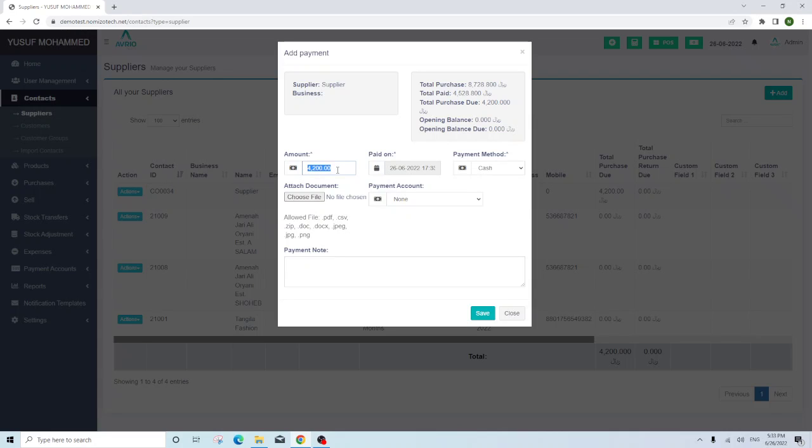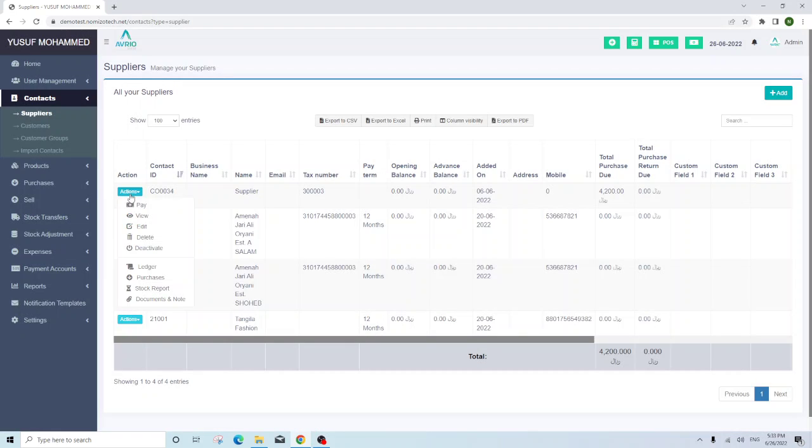Provide the amount and also the payment method and the payment account and simply click on save here, or you can simply select